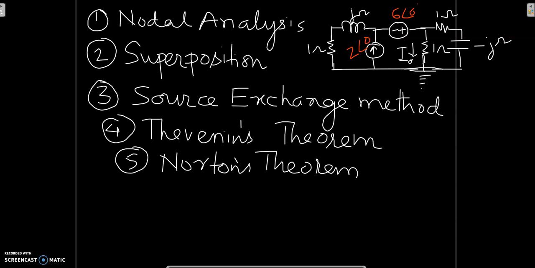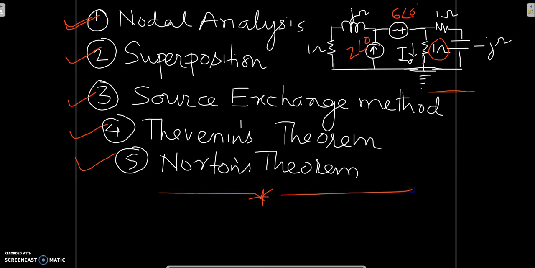In this lecture, we would try to solve this AC circuit and find out the current flowing through this 1 ohm resistor by applying each of these theorems and methods: the nodal analysis, the superposition theorem, the source exchange method, Thevenin's theorem, and finally Norton's theorem. So we would be applying these 5 ways of solving the same circuit and see what the difference is and which one is better. So let's start with